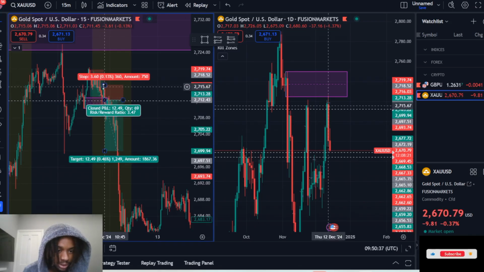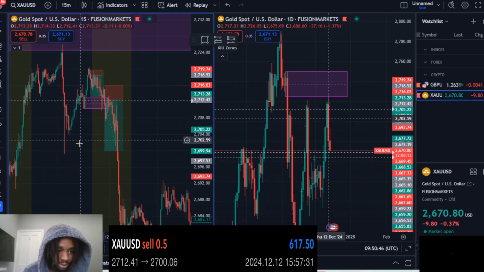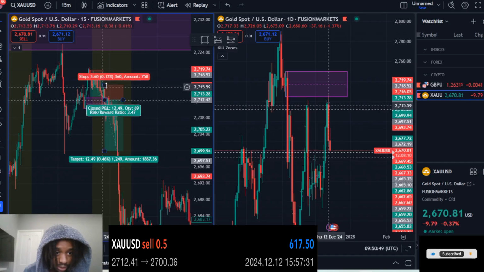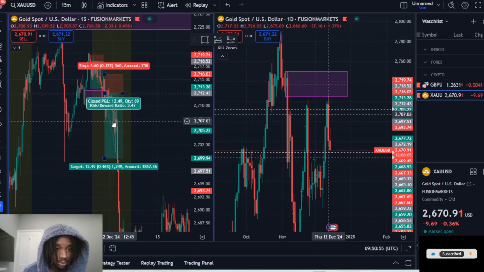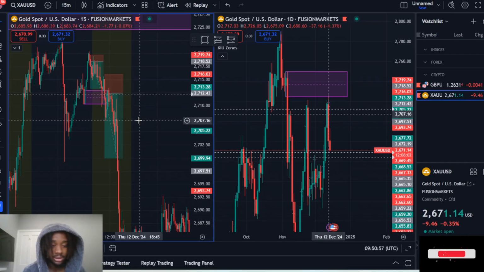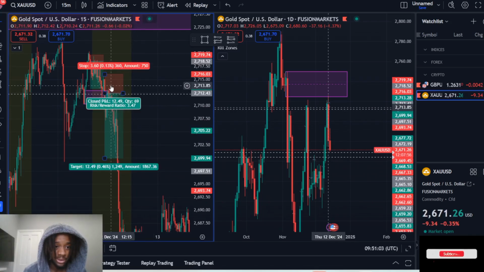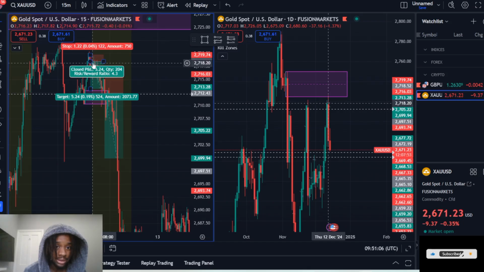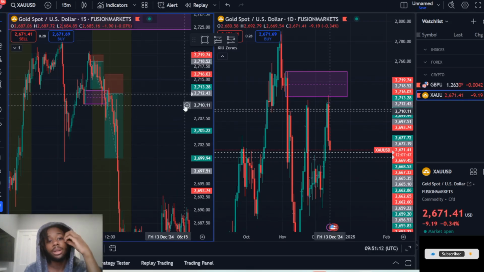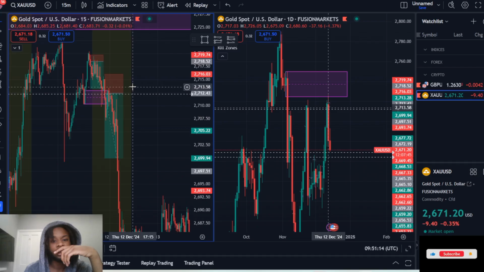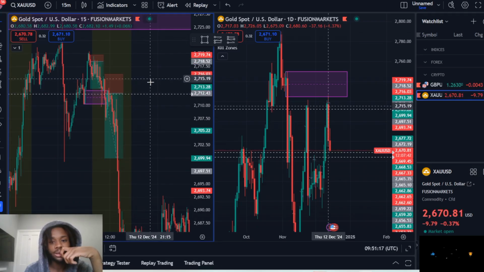If I can get another entry, which we did end up getting, another supply zone here on the 15-minute. We came back, retraced, tapped in, and I was like, cool, I'm going again for another short. Aim for these lows here, and it ended up playing out, and we got a 1 to 3.5, which was a crazy trade. That was probably my biggest trade I've taken on my FTMO challenge. Realistically I should have held from this entry up here, but it equated to about 9% that day across my two accounts.